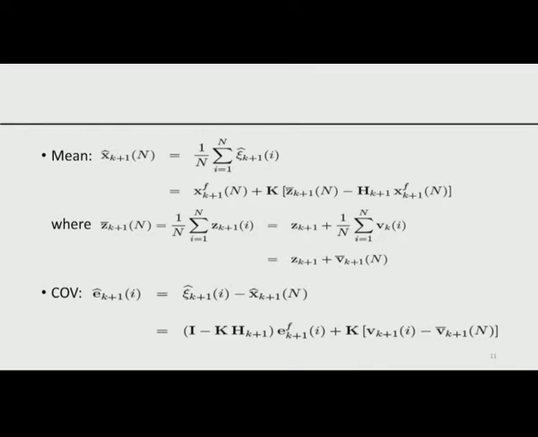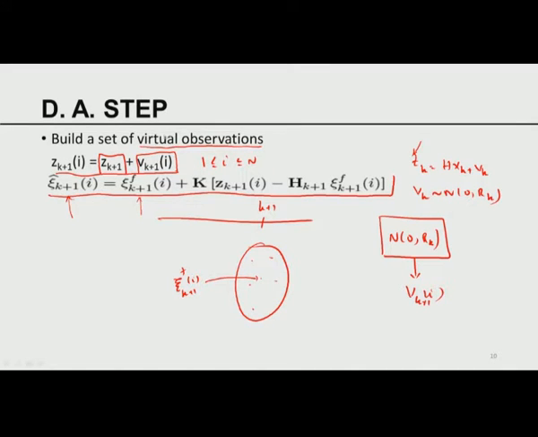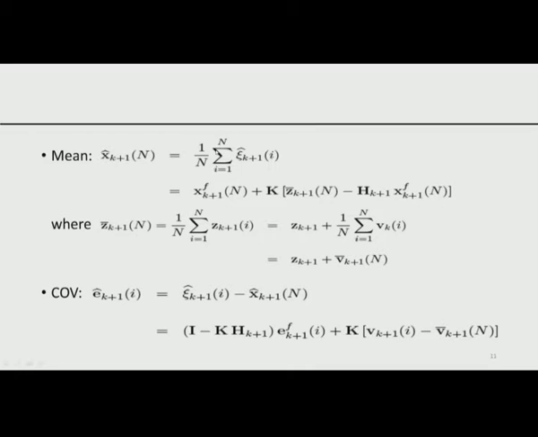So let's try to talk about some of the aspects of analysis. I have done the analysis using the expressions on page 10. I am now computing the analysis statistics. The analysis mean is going to be given by this formula. If I substitute the expression from the previous, this is the virtual observation. The mean of the virtual observation is given by that. In order to compute the covariance, I have to compute the error. The error in the analysis is given by this, and it has this structure.